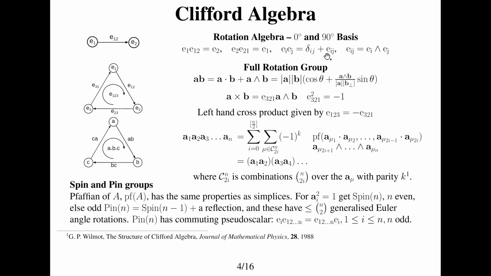If they're basis vectors and it's an orthonormal basis, then that becomes a 2 form. And that's actually rotations in the rotation algebra. It's either the identity, there's no rotation, or it's a 90-degree rotation. So all the simplices define a complete basis for every n-dimensional space